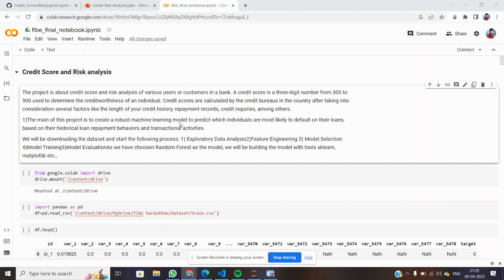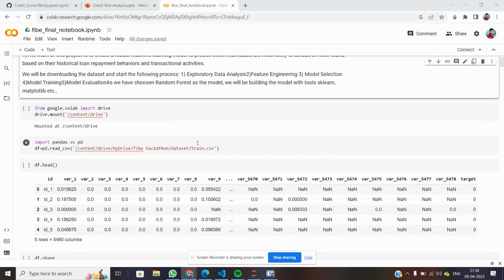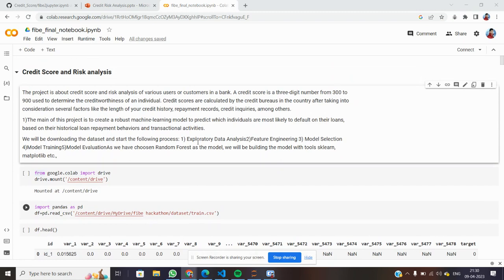Hello, Fibe Hackathon. We have done a project about credit score and risk analysis of various users or customers in a bank. A credit score is a three-digit number from 300 to 900, used to determine the creditworthiness of an individual. The main aim of the project is to create a robust machine learning model to predict which individuals are most likely to default on their loans based on historical loan repayment behaviors